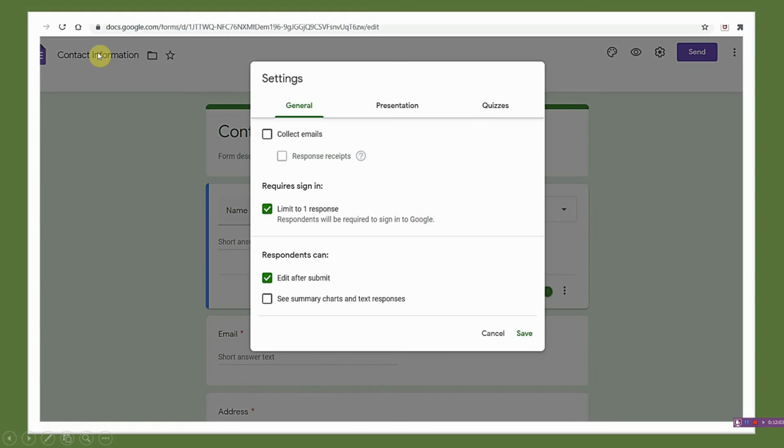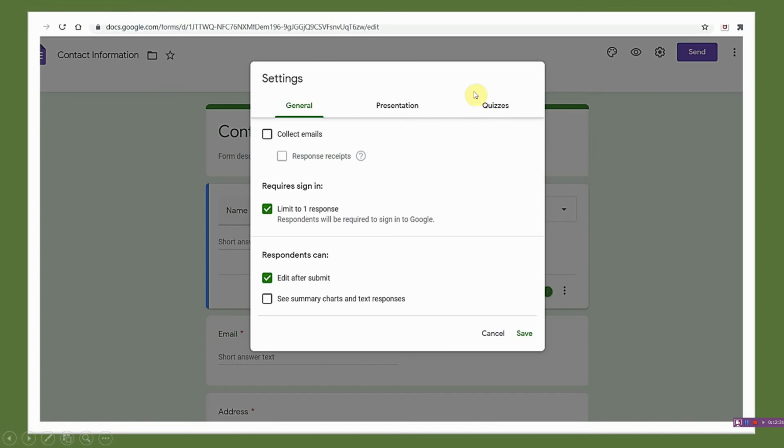Okay. Here is another screenshot of Google Forms. There are settings also. Limit one response. Limit one response means that the respondent, the person who is giving the answer to that particular question, can give the answer only one time. For example, if a question has been asked, you can submit your answer only one time, you cannot change it once you have submitted your answer. So these are other settings.